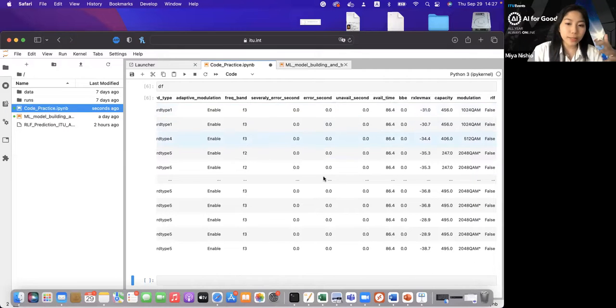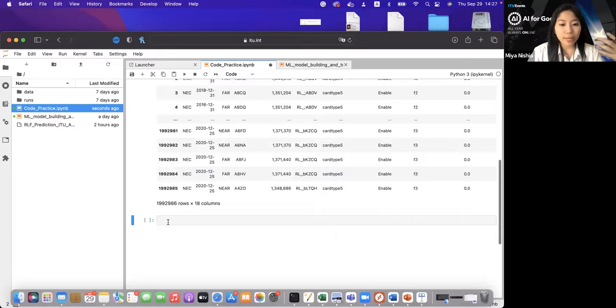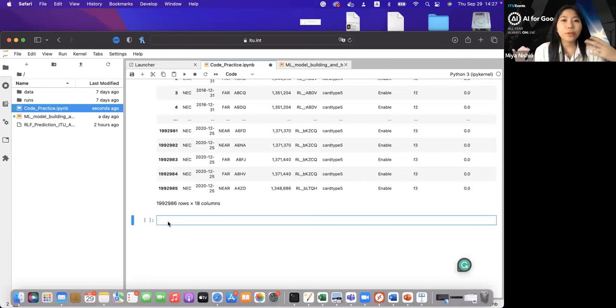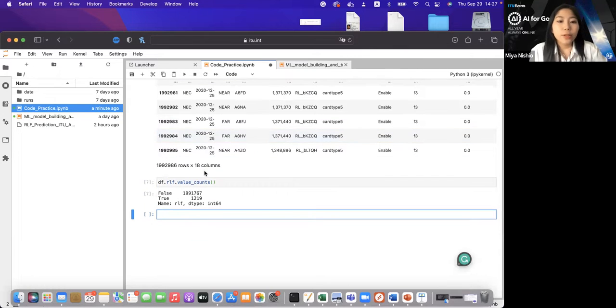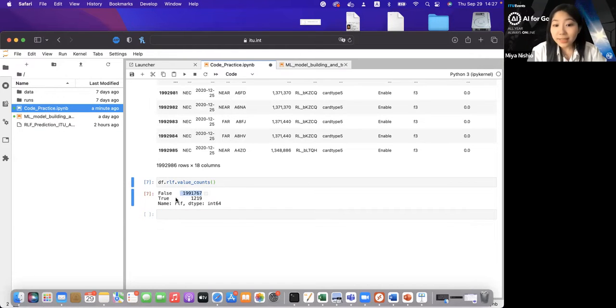Again, you can do lots of things to try and maybe find out more about your data, see what it looks like, what the number of counts are. For example, just really quickly, I might count the values of the radio link failures. So the number of falses and truths. As we can see here, this corresponds to what I mentioned earlier. We have false in the number of millions actually, and true in the number of thousands. So as you can see, we already do see a bias here.